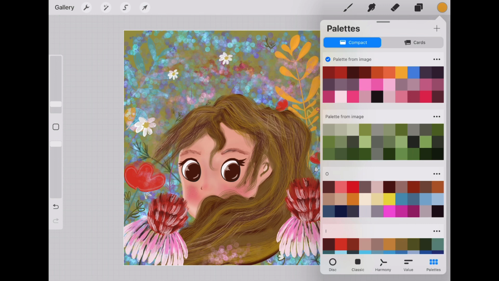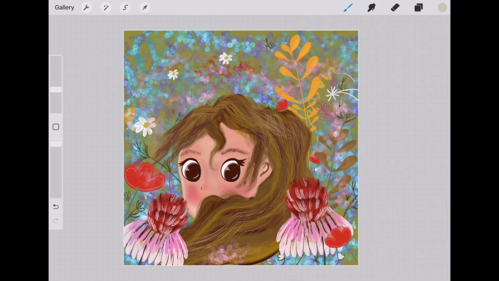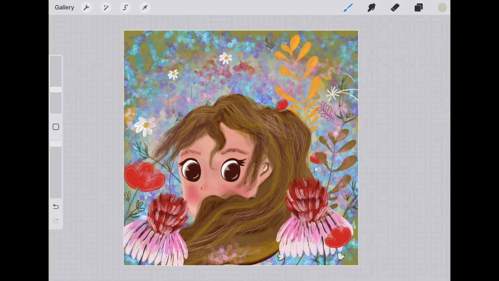Just one more touch, just using a soft blend brush, and I just want to highlight around her head. There you have it, a little girl in a